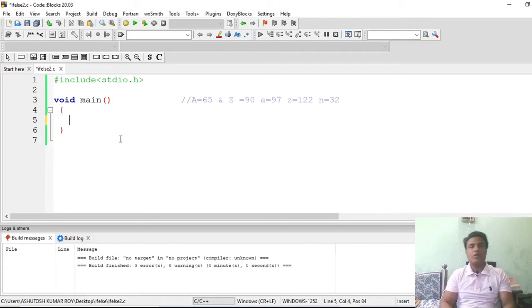In this case we will be doing all the things simultaneously, which means we will combine all the operators and let the user decide what type of operation he wants to perform. Suppose he chooses subtraction, then we subtract the two numbers. Suppose he chooses multiplication, then we multiply those two numbers and return the product. So we let the user decide what he wants to do. It is somewhat close to a calculator.